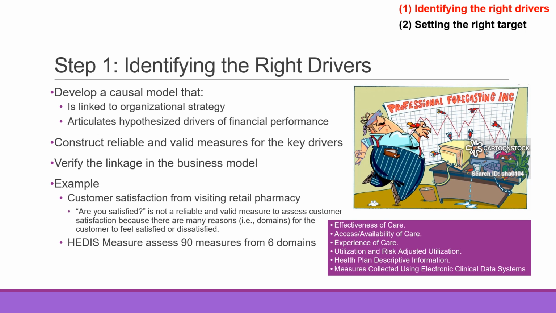What it means by a reliable and valid measure is that what you're trying to measure is consistently measured without fluctuating too much. For example, if you're wondering about hypertension control of a specific therapy or drug, you want to measure the blood pressure, not the hemoglobin A1C, right? So the valid measure to assess hypertension control is blood pressure, not A1C. And you want this measure to be reliable in terms of consistently coming up with a similar number